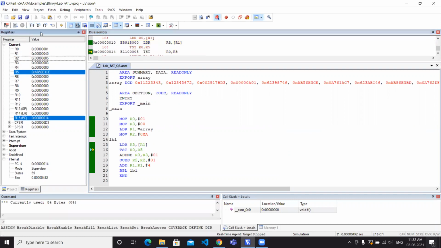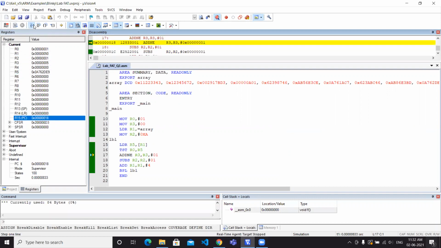Until R2 becomes 0, we can run this file. Now it's 0. R3 shows the value 6, which means that in our array 6 elements are odd values.